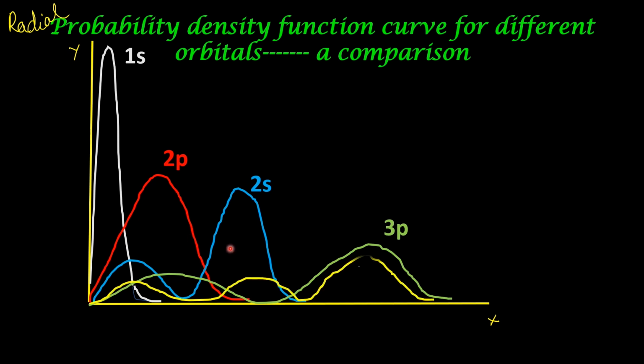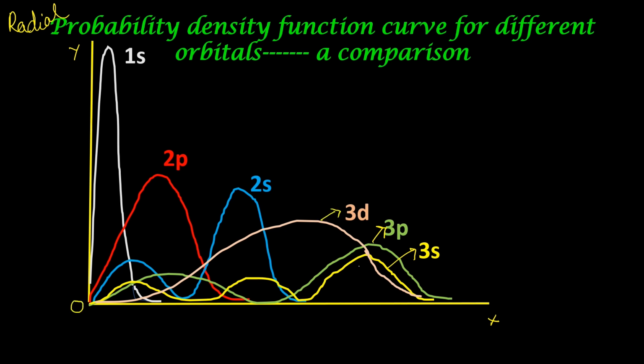This is the curve for 3s. There are two radial nodes and three peaks. 3p has only two peaks. 3s has three peaks. They can be easily differentiated. Now, along with this, we will see the corresponding curve for 3d orbital. This is the curve for 3d orbital. It has a single peak and it is between the peaks for 2s and 3p. It has no nodes. This is for 3d.